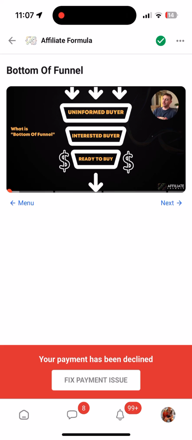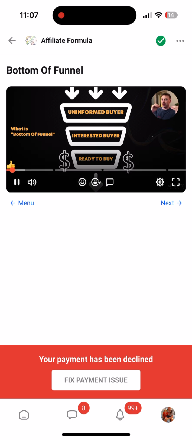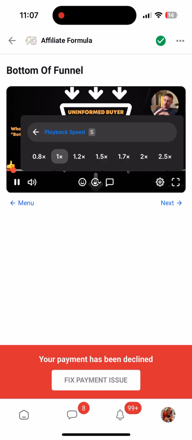A really new concept that a lot of people have been kind of hiding. I was actually teaching you guys this method without even knowing that I was doing it beforehand. And this is very similar to the obvious sales style content, if you were here before. That is basically what bottom of funnel is. And I want to explain how to do it step by step, what it is, to a